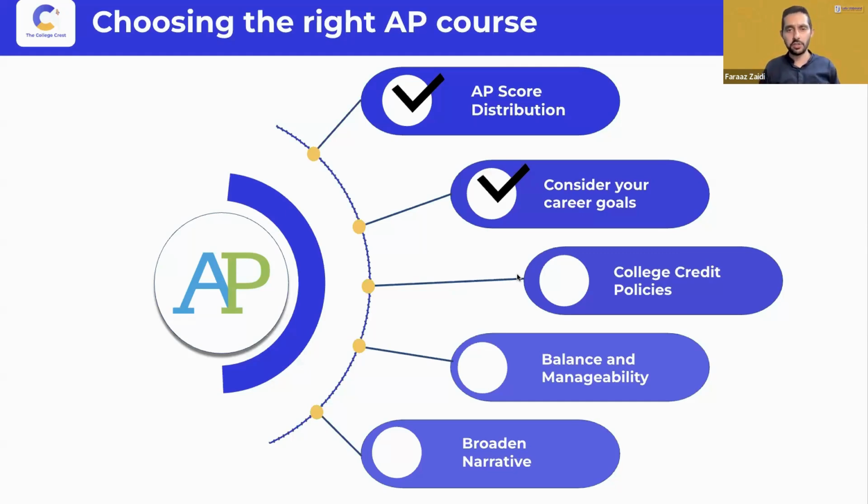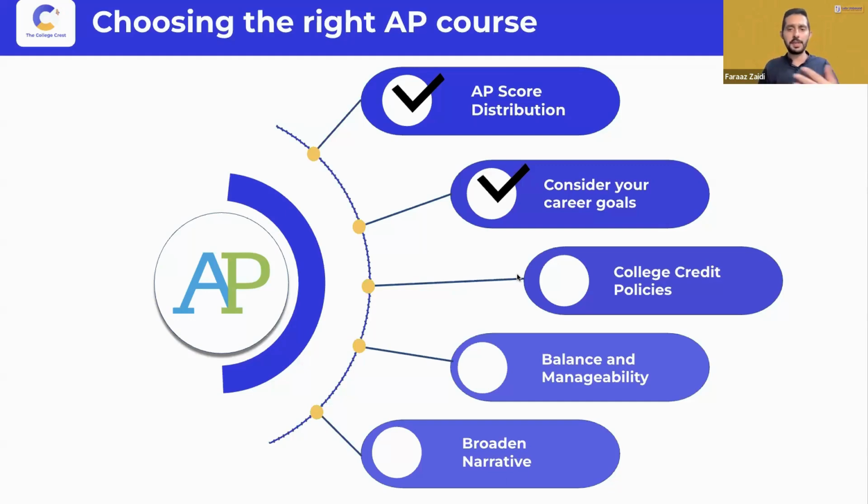Now, the fourth point that you should also be thinking about is balance and manageability. So know your capacity, the amount of load that you would like to take on at any time. On one hand, it is great to set goals high to achieve personal growth and understanding of the topic. But on the other hand, it's really crucial to keep a healthy working schedule so you're not getting exhausted. It is really advised that you take anywhere between 3 to 5 APs during your high school years because you are then categorized into different categories.